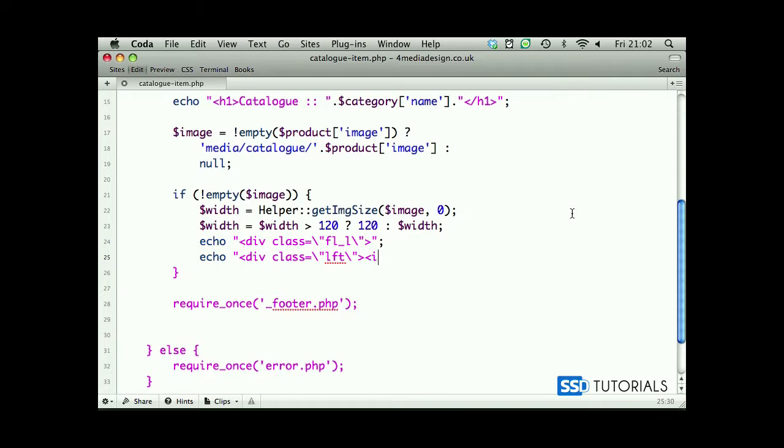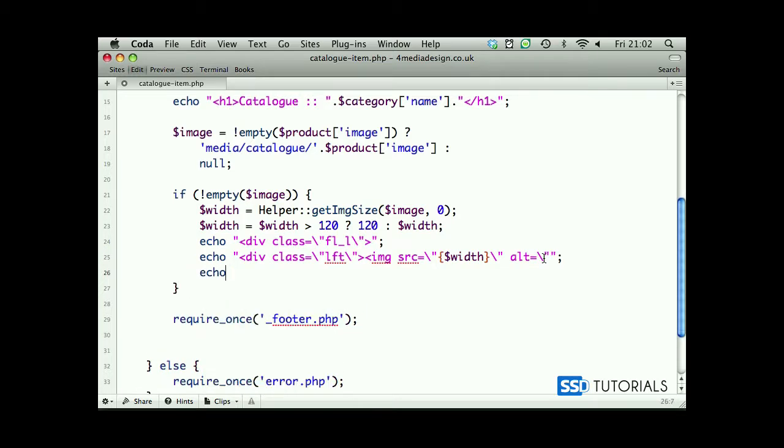and now we have image src. Let's enclose this in between the curly braces. Obviously backslashes to escape double quotes. Alt equals backslash double quote, and double quote, we're gonna close this line, and then echo helper encode HTML